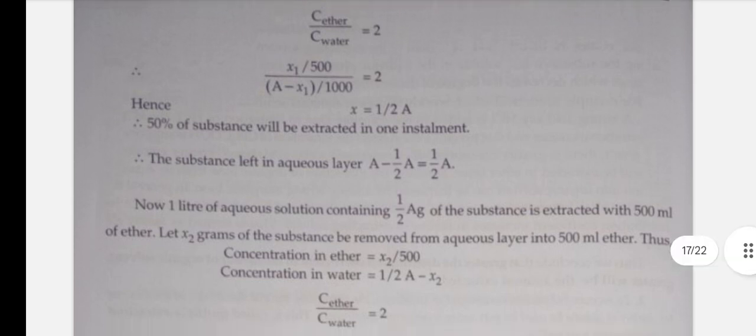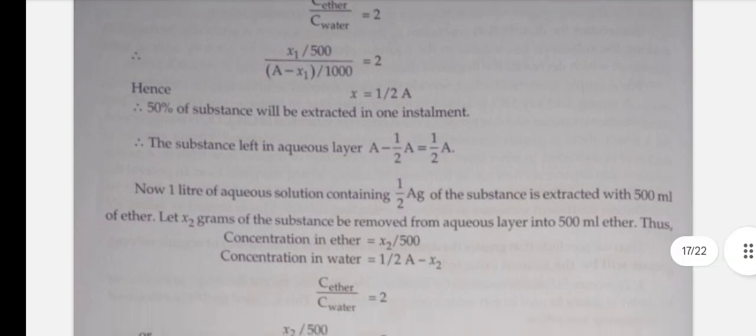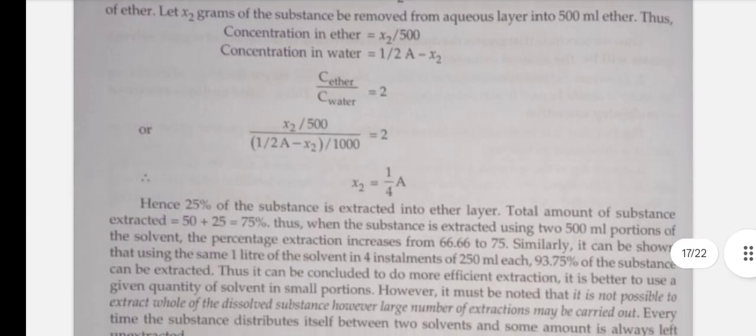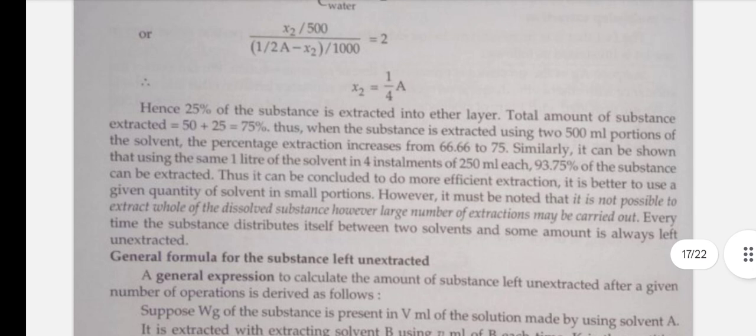Now 1 liter of aqueous solution containing 1 by 2 A of the substance is extracted with 500 ml of ether. By this we get x2 as 1 by 4 A. Hence 25% of the substance is extracted into the ether layer. The total amount of substance extracted is 50 plus 25, which is 75%. Thus, when the substance is extracted using two 500 ml portions of the solvent, the percentage extraction increases from 66.66